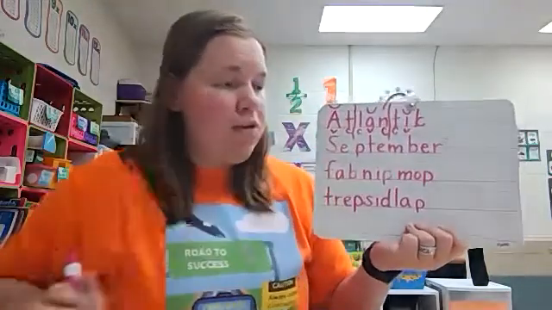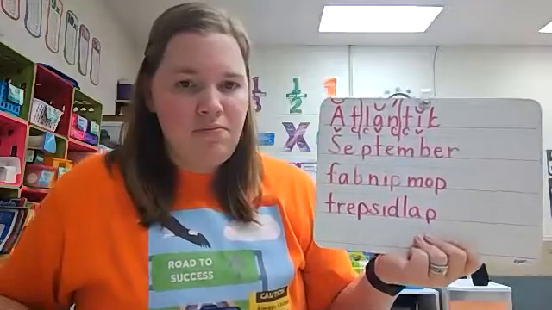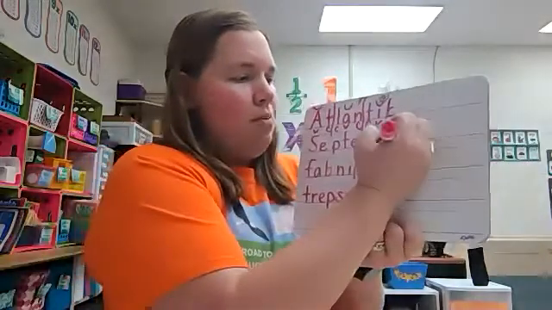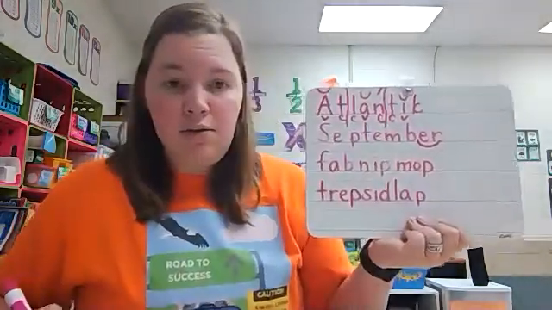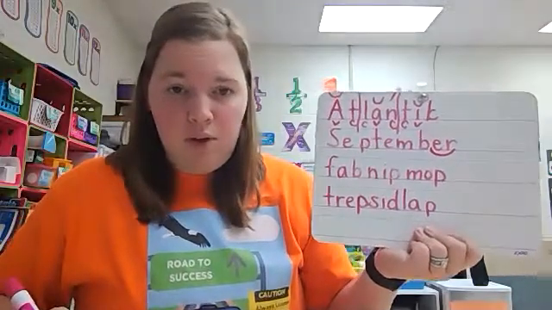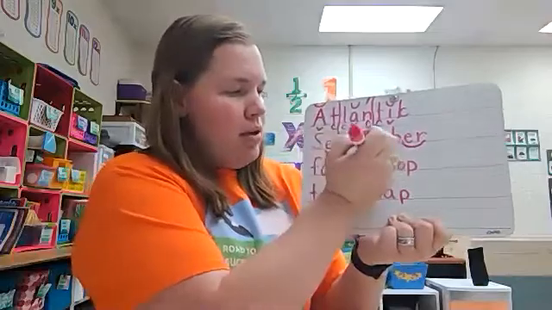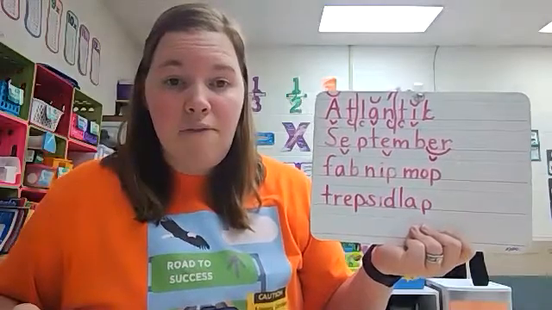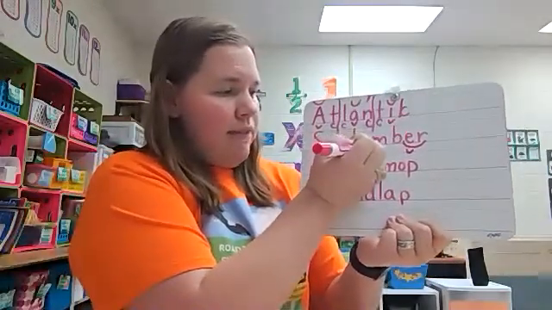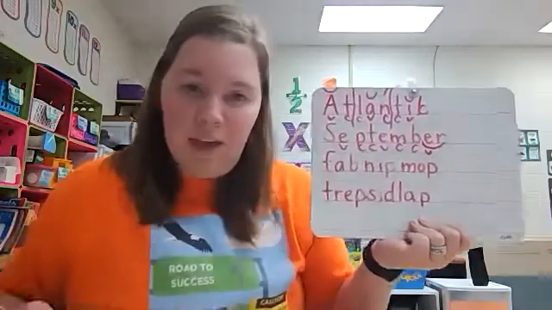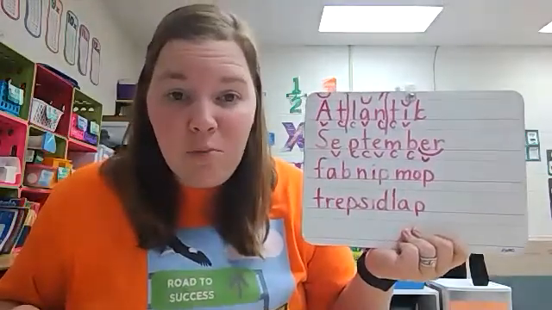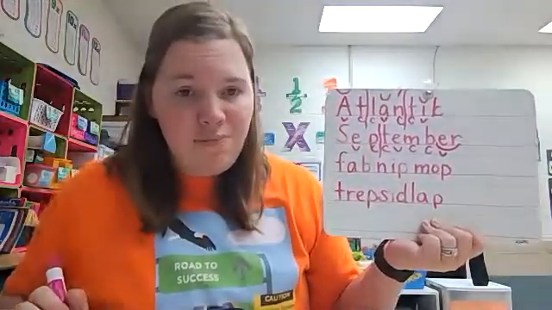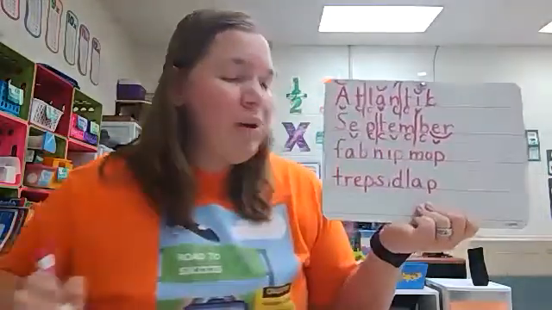So let's look here first, and do you see any obvious coding? There are no suffixes and no final stable syllables. We have combination ER, so we're going to draw an arc underneath. Now we're going to look for the vowels. I have vowel E, vowel E, vowel E. This is another V, C, C, V, C, C, V pattern. This is a 3-syllable word because we're going to divide between those two consonants, and we're going to divide between